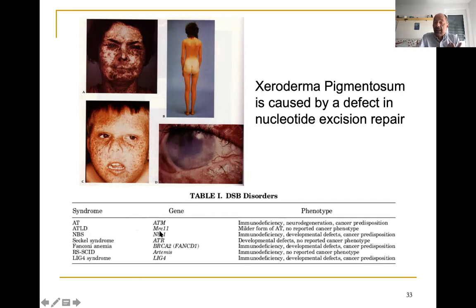We have seen some of them, MRE11, NBS. The NBS is Nijmegen breakage syndrome because it was discovered in Nijmegen. BRCA, we already saw that is also involved in cancer predisposition, and in Fanconi anemia. SCID, that we have seen before, is a problem in the Artemis gene. And Lig4 syndrome is a problem in ligase. You are unable to make the final step of ligation of